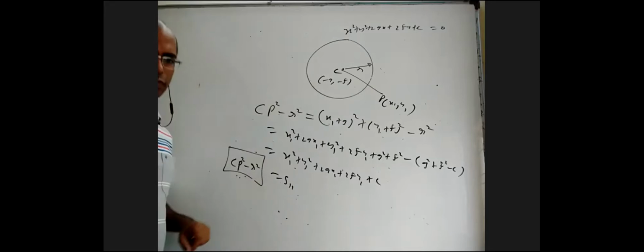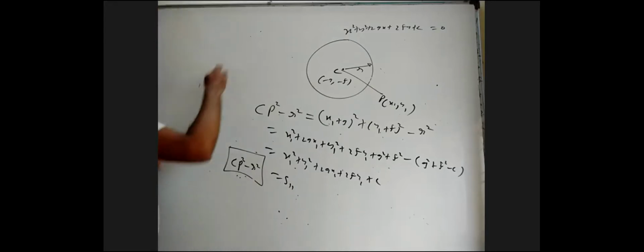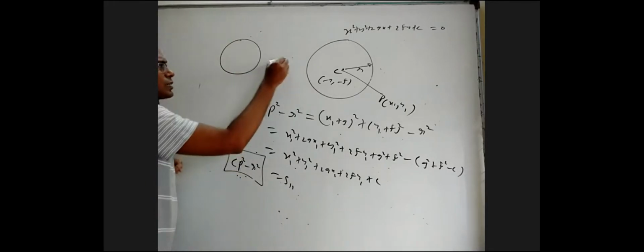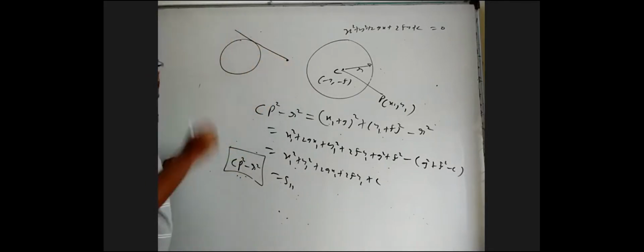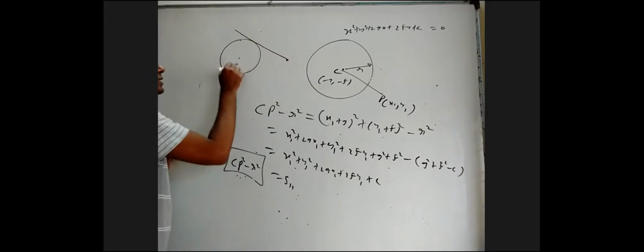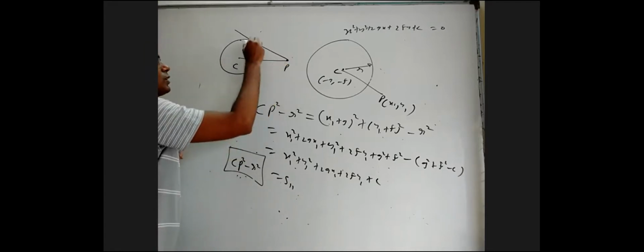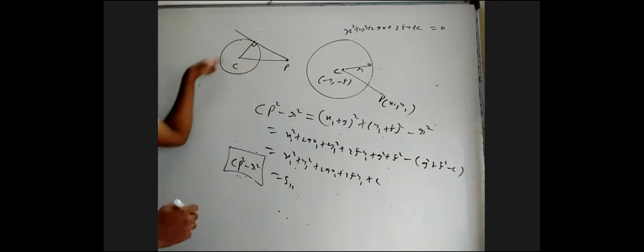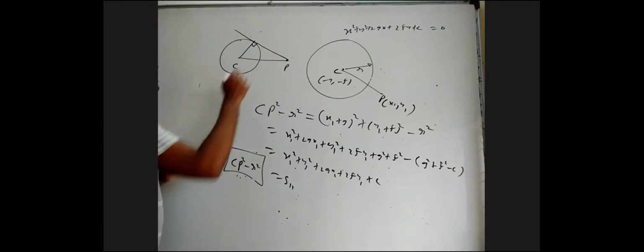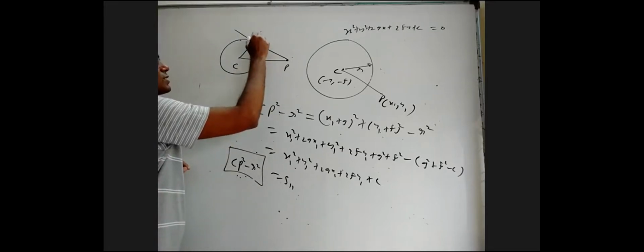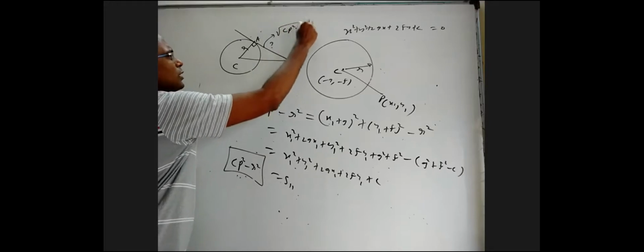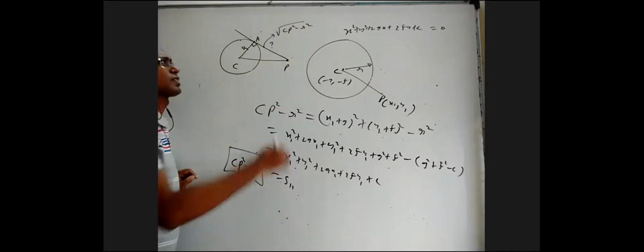There is another use of this. If I give a circle equation, I give a point outside the circle and ask, if you draw a tangent from this point, what is the length of the tangent? This is the center, this is point P. If we take this point and join, we know this angle is 90. That is, at a particular point, the radius through that and the tangent are perpendicular. So if somebody wants this length of tangent, let's say this is A and they want this length, this is r. This is CP, this is r. According to Pythagoras theorem, this length will be root over CP square minus r square. And just now we got CP square minus r square is S11.